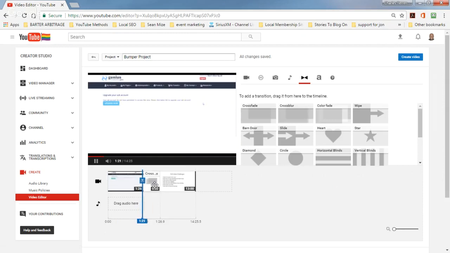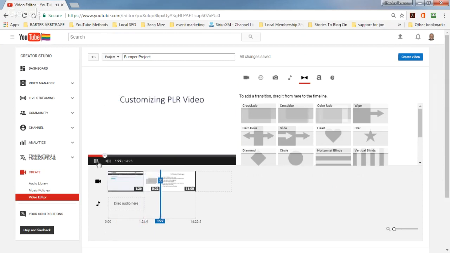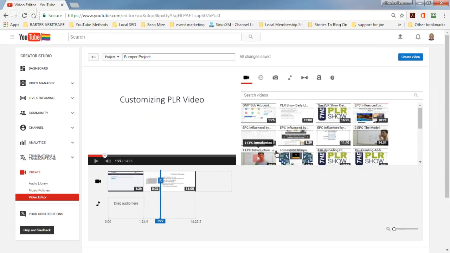In another 3 or 4 seconds here, it's going to go through the transition. So you can see that. That's where your video is going to be. And you want to do that with your bumpers. The bumper is going to be on the front end, and the bumper is going to be on the back end. So then I'm going to go back to the video section,